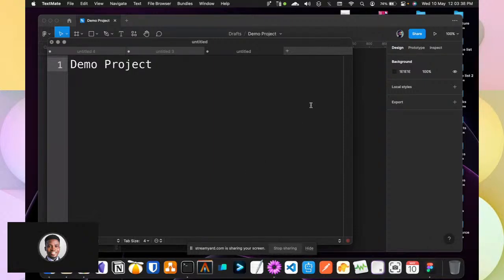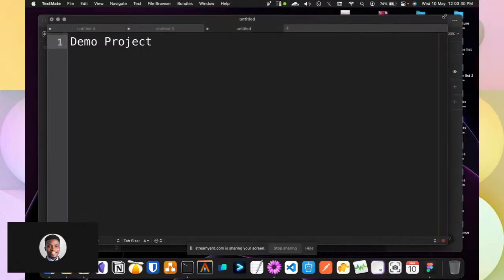Let me zoom in on this, because this is exactly what I'm going to be using for explanation now that we're starting out. So when you are working on a project, at least there should be some sort of brief, right? You should have some sort of brief given to you by the client, or given to you by your company. There should be a guideline to tell you that this is what we want you to do. And if you're working on a personal project, then you should know that this is what I want to do, right? So when you already have that brief at hand,